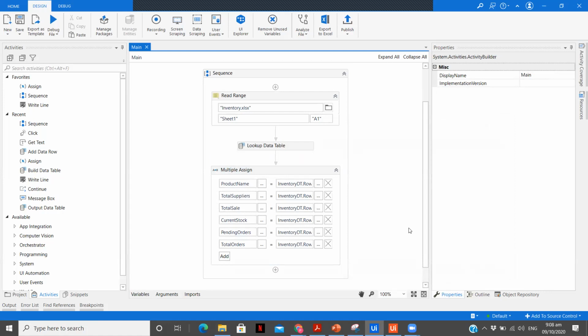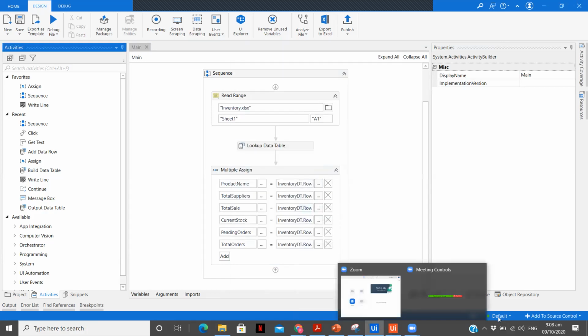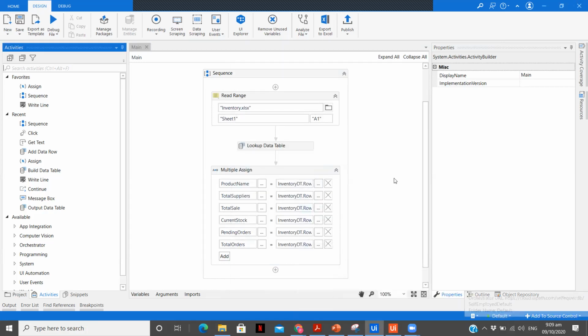Very simple. So now we have completed two parts of our video. The first one was creating the app, and the second one was building the exec workflow. Now let's connect both of them. What you need to do is have your Assistant connected to the Orchestrator and also your UiPath Studio. After that you need to click on this Publish.